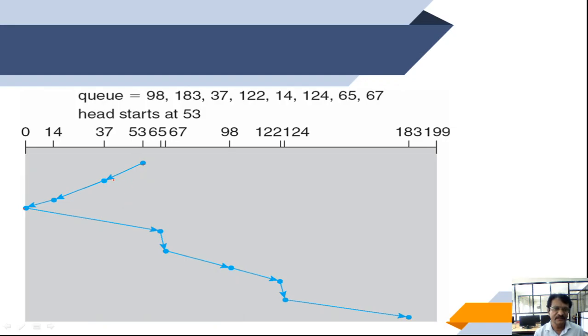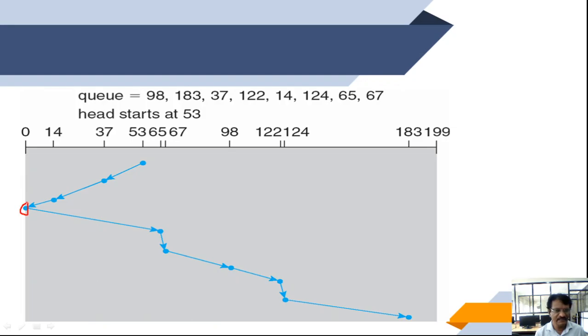From 53, you can see in this direction 37 and 14 are there, right? So 37 will be served. After that it moves and 14 will be served, and it reaches one end of the disk. I cannot say beginning, but since it is 0, we can say at the beginning of the disk.